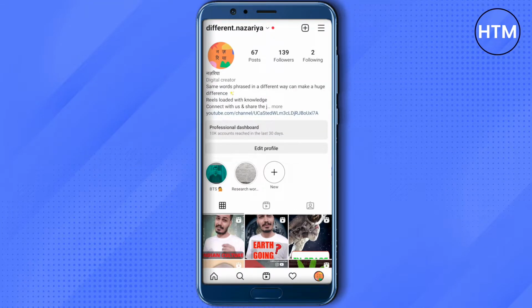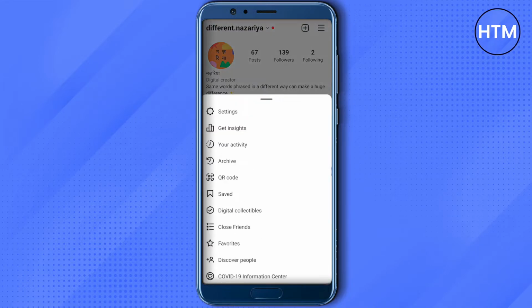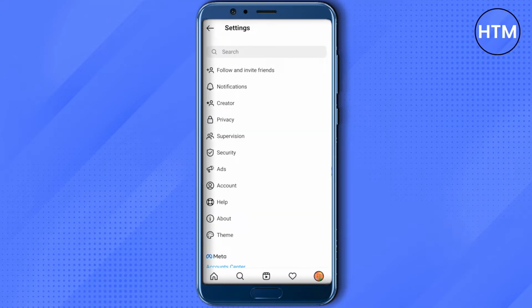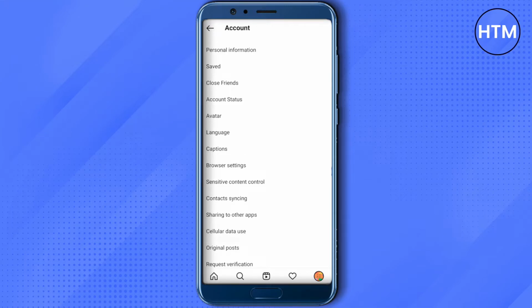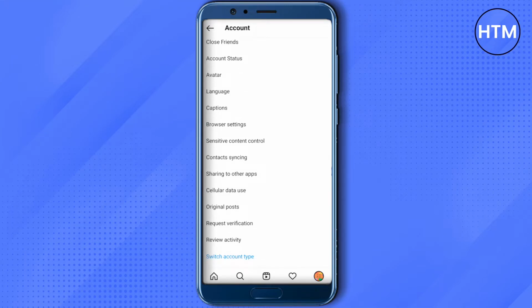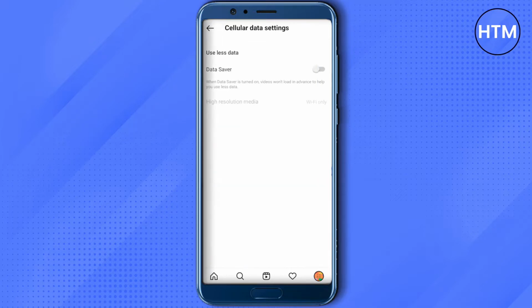So for that, open up your account, then go on top right corner, you will see three lines. Just click on it and then click on settings, and in settings click on account, and here you will see this option of cellular data use. Just click on it, and here all you have to do is just select high resolution media by turning your